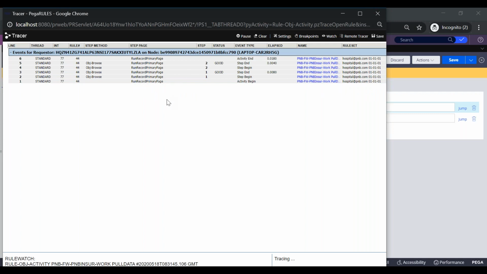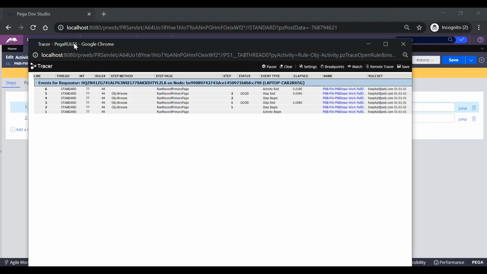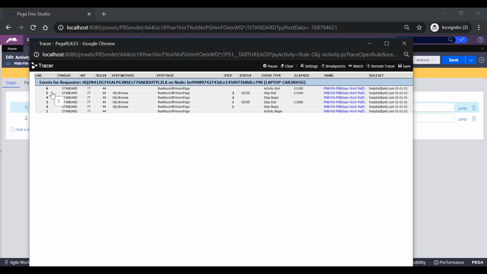If this is part of the business flow, that is, if I use this activity from the flow, the primary page for the flow will be PY work page, and the primary page for this activity will also be PY work page only. That is what you have to understand here. You can embed this activity using one utility shape in the flow, put the tracer, and check. The step page on which this activity runs will be PY work page, because this is running as part of the flow.